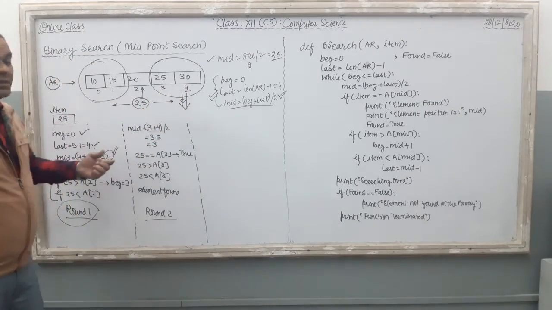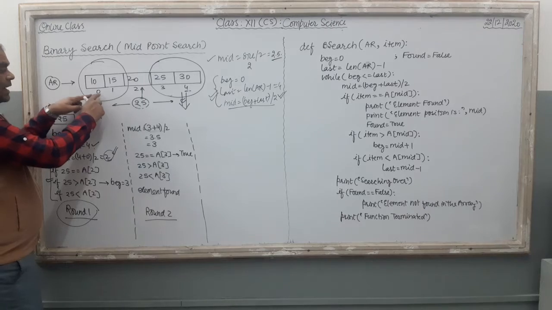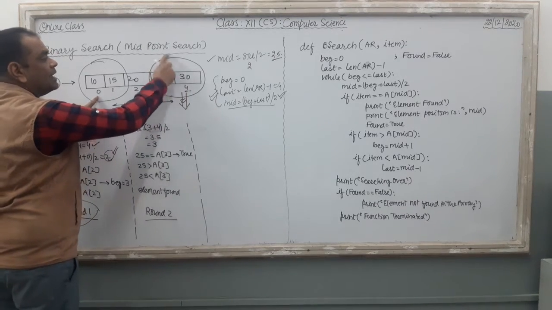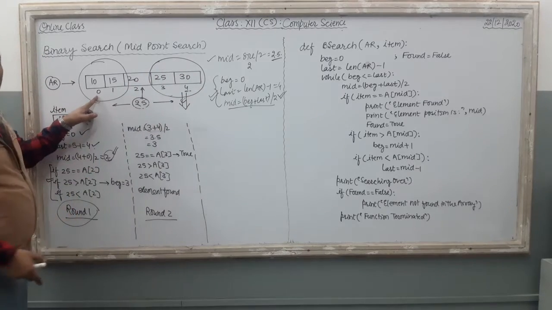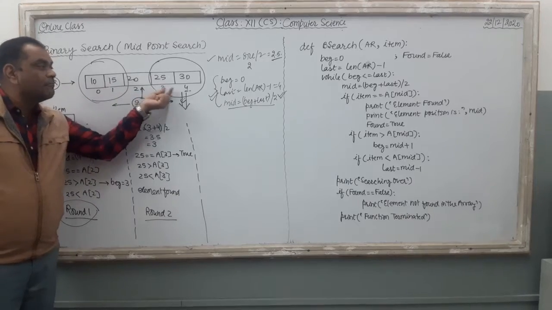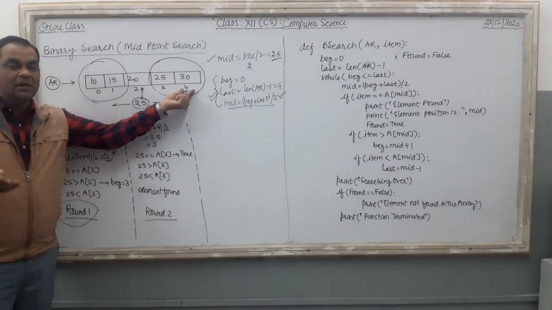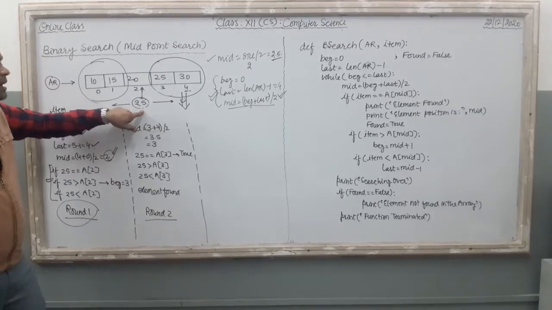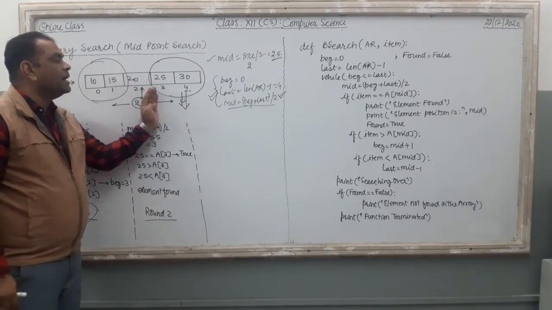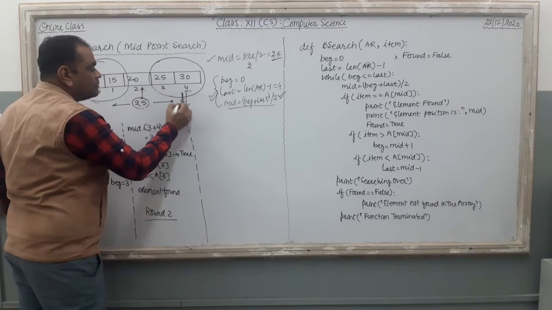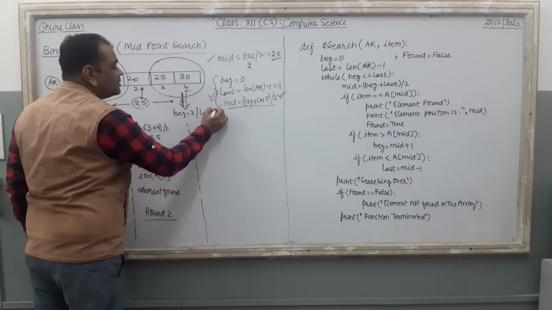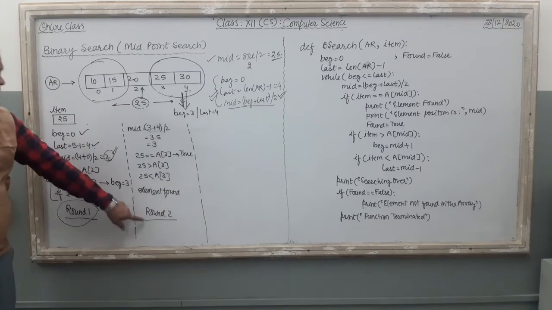So now which position is changing, tell me? Here at the beginning the position is 0, the end position is 4. So now what do I have to do? I have to search in this area. It means what? I have to shift the begin position from 0 to 3. The last position is the same, last is 4 only. So here if the element is greater than the middle position element, we just shift the beginning to here. So to search in this part now, our beginning position is 3 and the last position is 4.